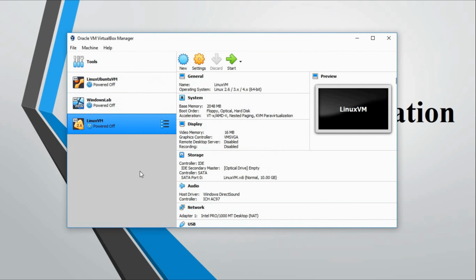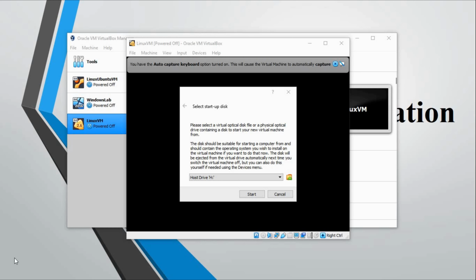So now our virtual machine is created. You can see Linux VM here. Once your VM is created, go ahead and click on start. Once you start it, it will ask you to attach an ISO image, and the ISO image is the same ISO image that we downloaded earlier.